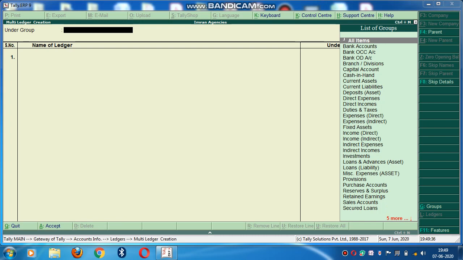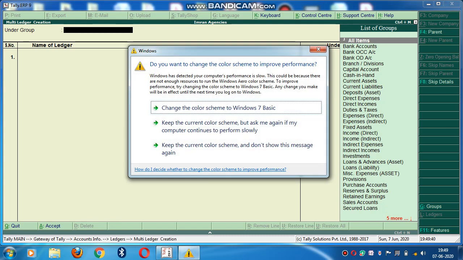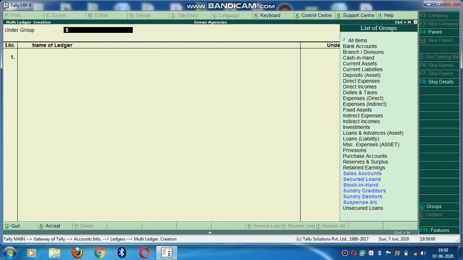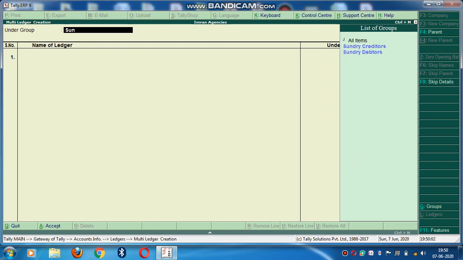The persons to whom we will sell the goods will be our sundry debtors, right? It means we are liable to collect the cash or transactions from them. So under group, you write Sundry Debtors.